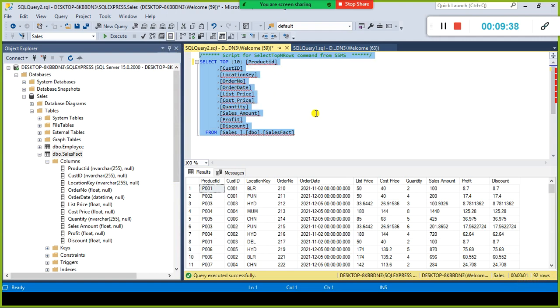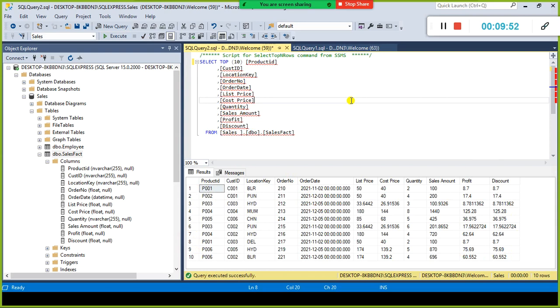Now we need to execute this one because we made some changes here. You select this one and click on Execute. Look here, it shows only 10 records. It is always a best practice to select the top 10 records, top 50 records, top 100 records. In a real-time scenario, you will have millions of records in tables. In that kind of situation, if you use select star,